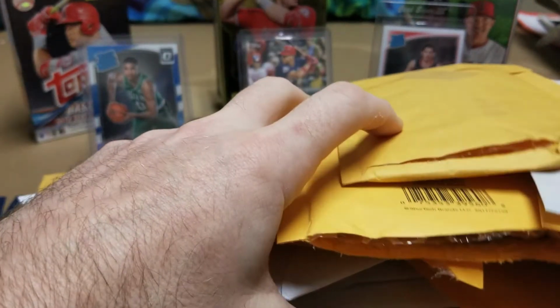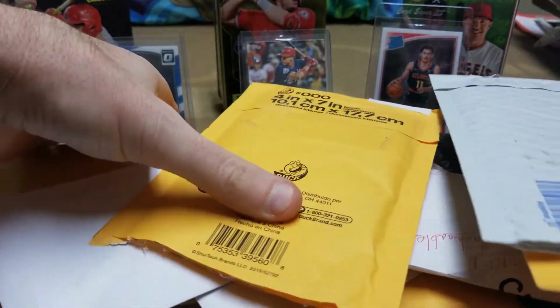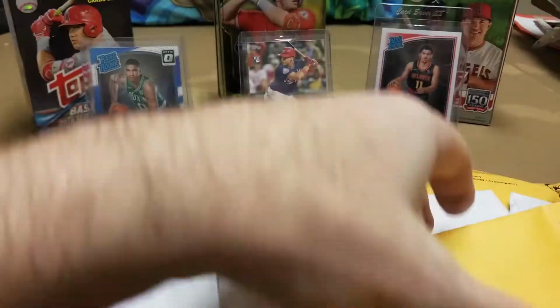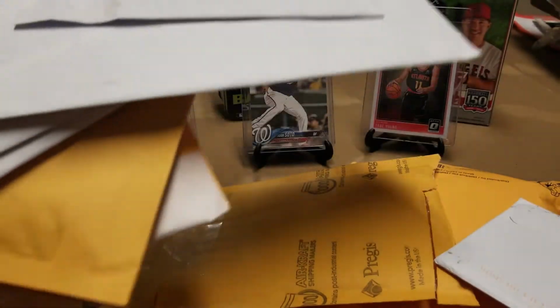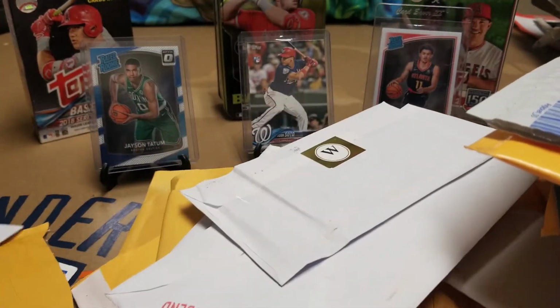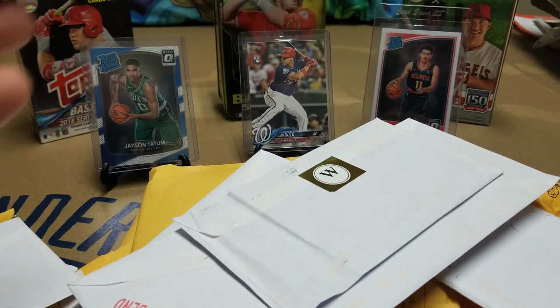Today we're going to do a giant mail day. Actually, this is not a day, this is probably a week's worth. As you can see, I have a ton here. So I'll show you what I've picked up and what my brother's picked up lately, who we're getting into, and also maybe some cool envelope stories about the ones who send it in bubble mailers and then an extra